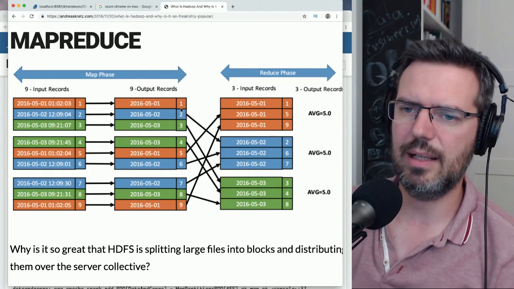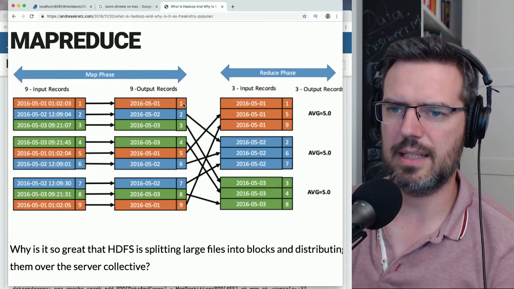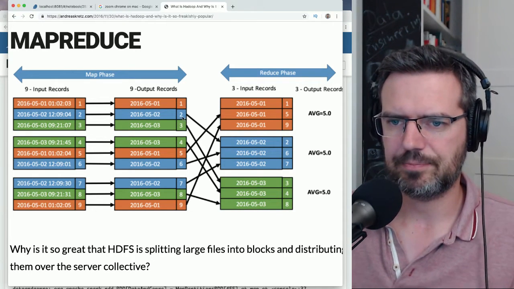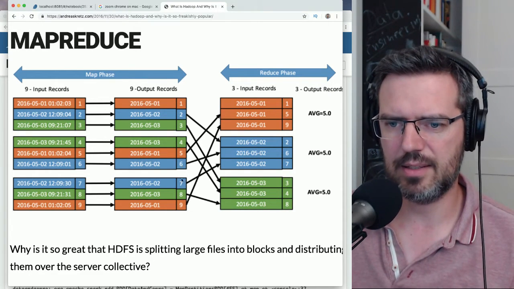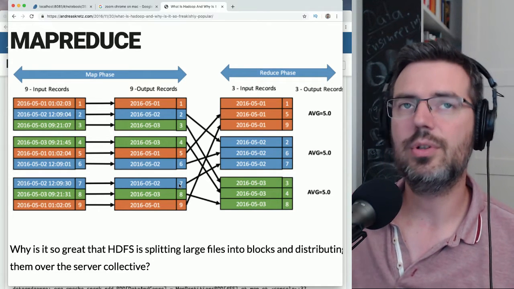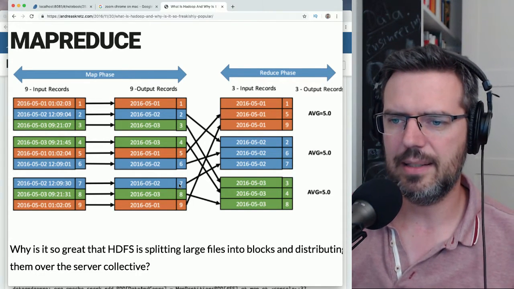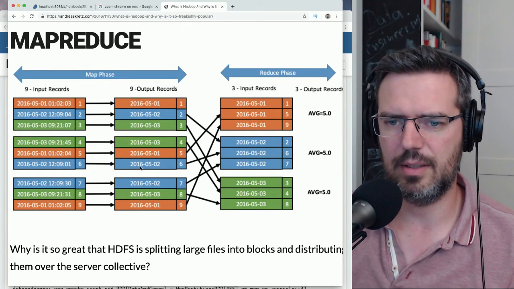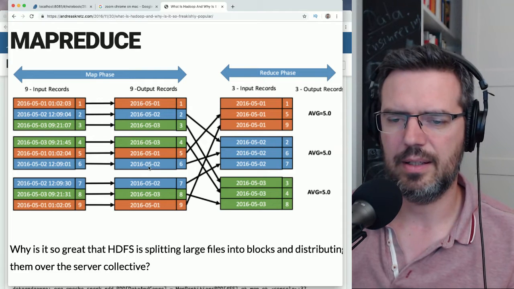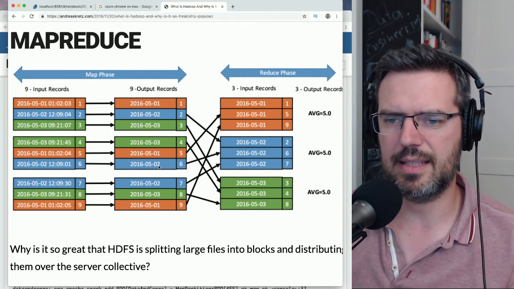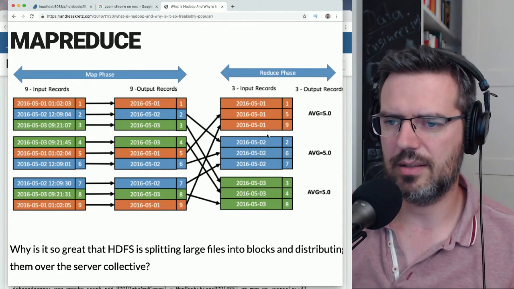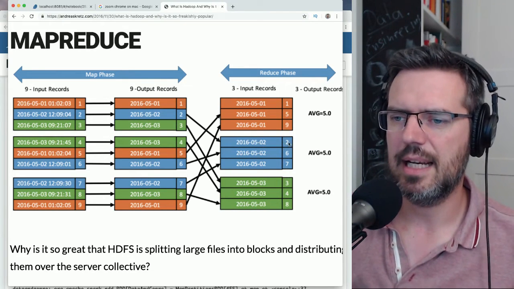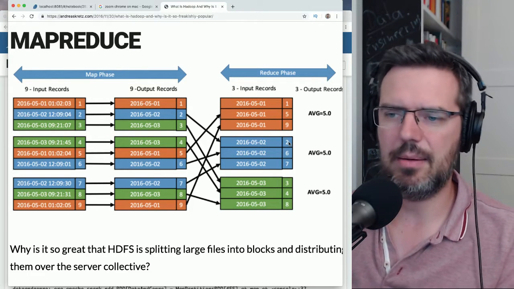And then we assigned a value to each one of those. We assigned 1 to each of those here. And so if this has a 1 and this has a 1 and this has a 1, then in the reduce phase, when you do reduce by key, all these with the same key, in this case 2016, 5th month, 2nd day, are getting grouped together, and then you can add them or make averages.